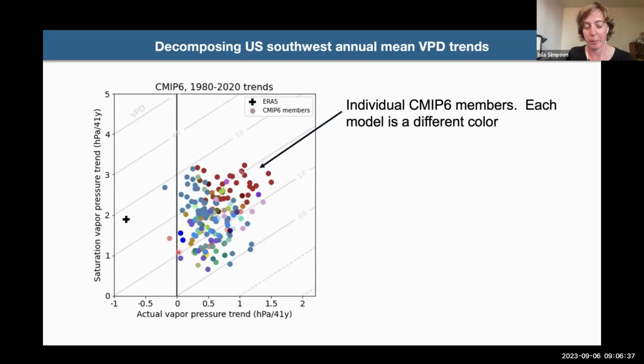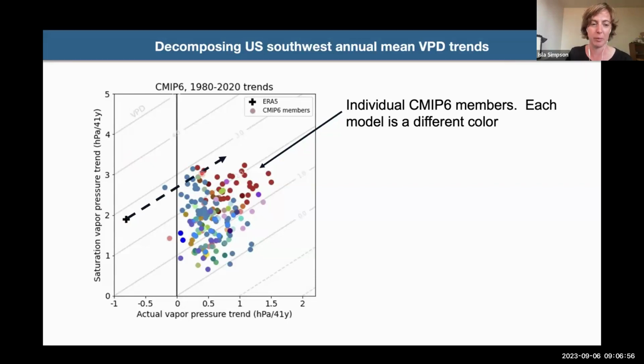But for the actual vapor pressure, it does not at all. And so the models kind of overwhelmingly suggest that we should have seen an increase in vapor pressure. But in the ERA5 reanalysis here, we see a decline. And so when you look at vapor pressure deficit, we do have some model members that show you as big